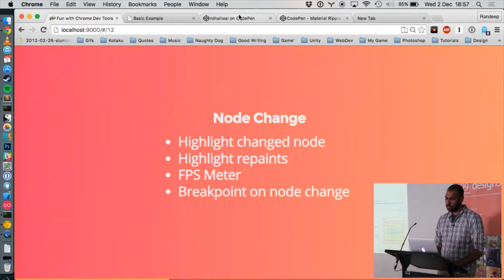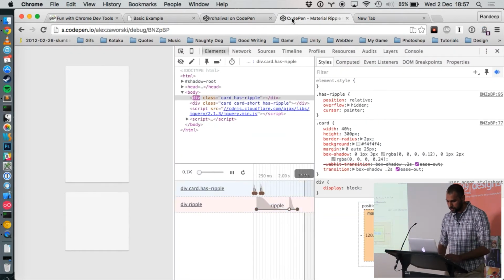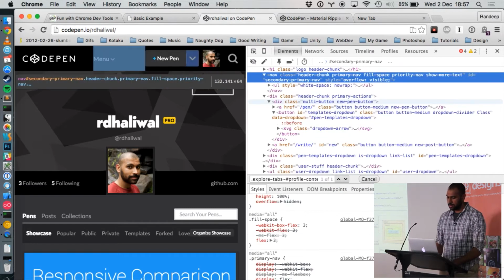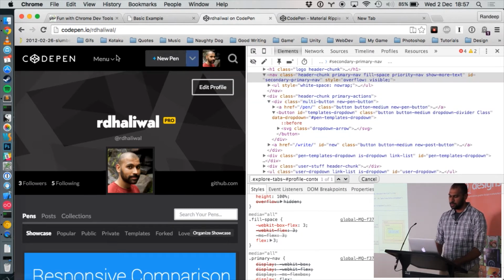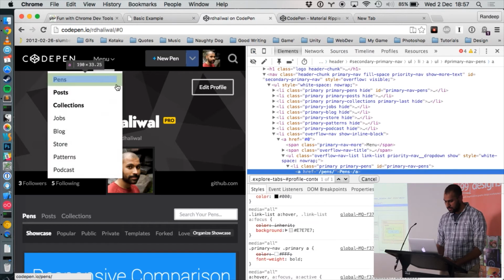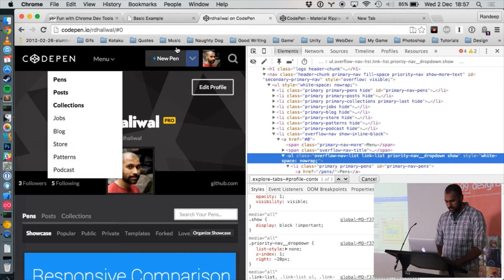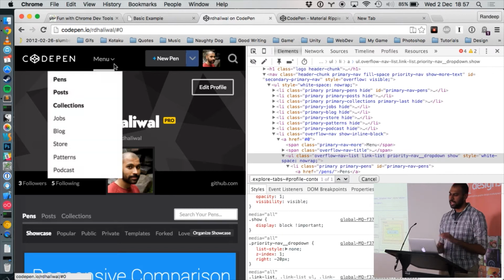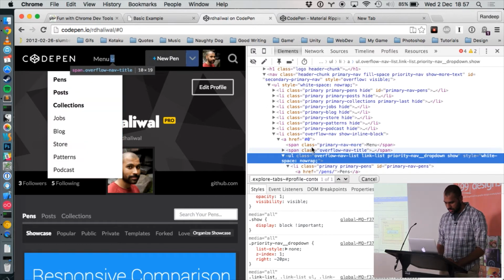No changes. So we can also take a look at whenever something in the DOM has changed. So for example, when I open this menu and close this menu, I might want to see what's actually happening to the DOM. So I can just click that, and then you notice the purple flashing, that just means that DOM element has changed in some way, shape or form. It's just a quick way to draw your eye to which element has changed. But I can also